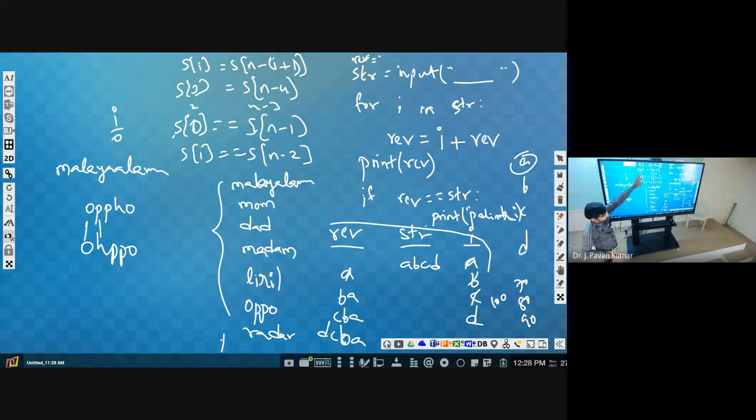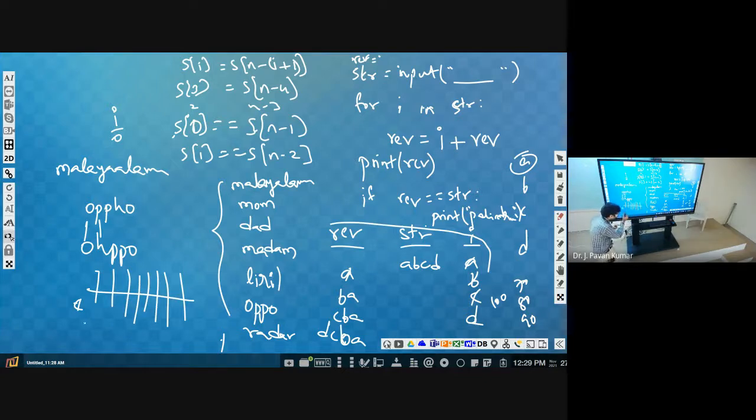So what is the value of i? It starts from 0 up to, say we have a string of 10,000 or 10 length. We check the first and last, then the second and last but one, and so on.